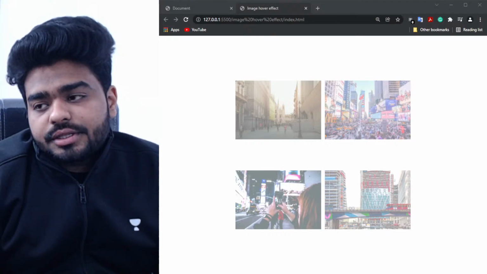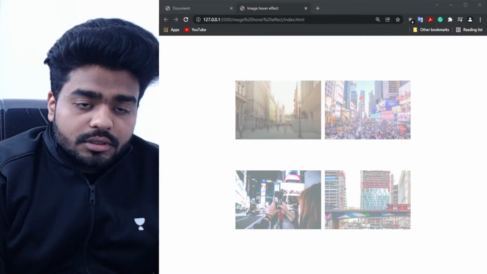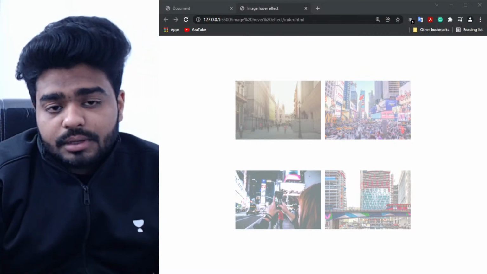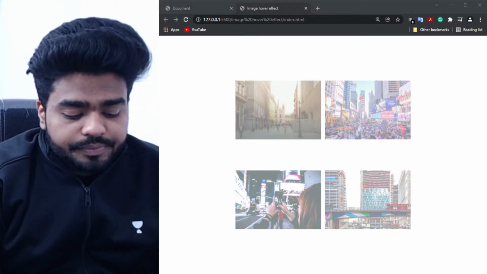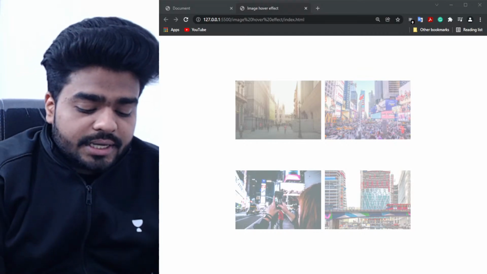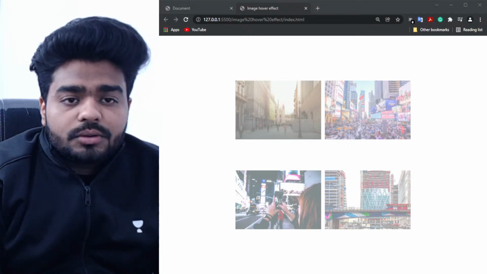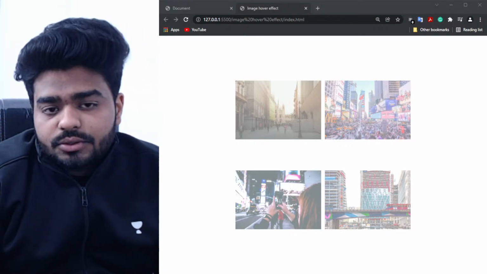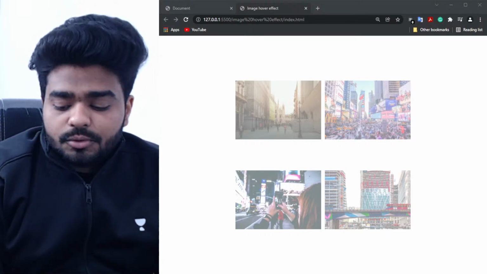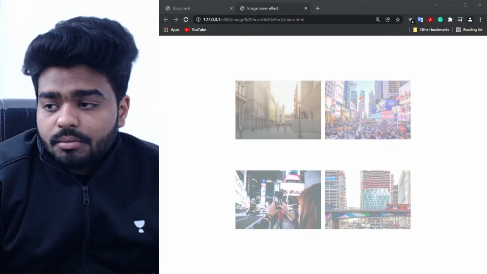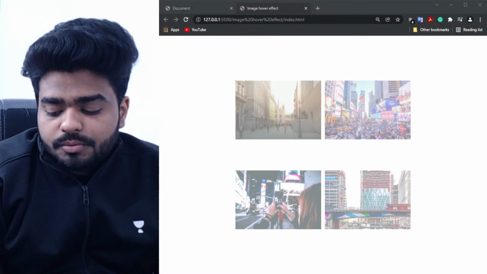Okay, because it was opacity 0.5, so scale is 1.1, and opacity will increase to complete 1, so that the whole image can be visible now. So opacity is 1. Also we are going to change its border radius to 40 pixel, and we are going to use Z index as 10, and box shadow as 0, 0, 220 pixel, RGBA, and I'm going to just use here 0, 0, 0, 0.1,